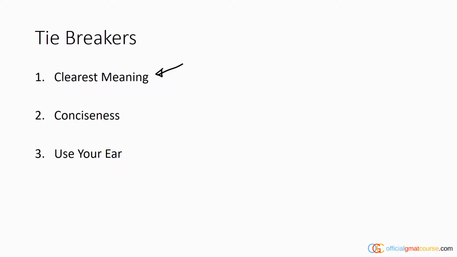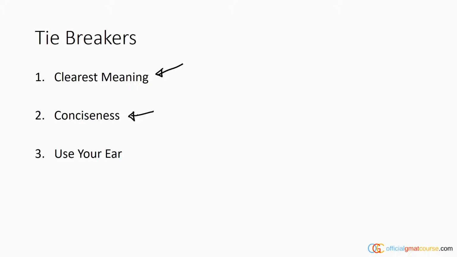And so a lot of times clarity will mean I have a pronoun that correctly refers to the noun that it's meant to talk about, but maybe it's a little ambiguous. And so one of the sentences has the pronoun, the other sentence restates the full noun. And in that situation, it might look wordier, but it's actually adding clarity to the sentence and the meaning. I would prefer that one that restated the noun to the one that was more ambiguous. So that's our first screen. Hopefully that can get you to the right answer, but if it doesn't, you move on to the second one,